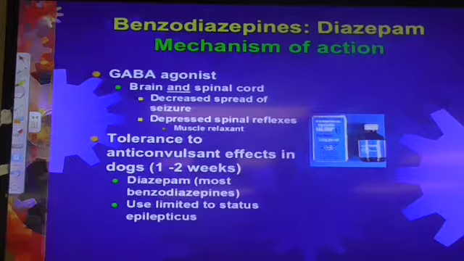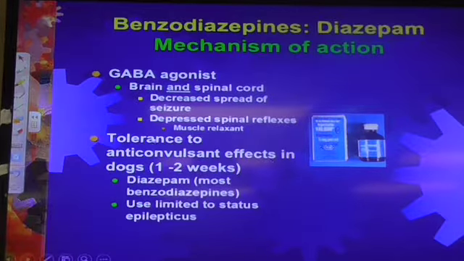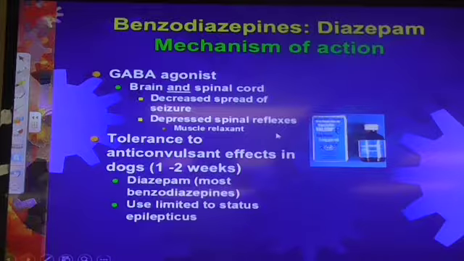Okay. So diazepam joins phenobarbital as far as targeting GABAergic receptors. This is both in the brain and the spinal cord. And one of the neat things about diazepam, and one of the reasons that we should use benzodiazepines in general to treat status, is right here: depressed spinal reflexes. So while diazepam is not particularly good at inhibiting the focus and the initiation, it does decrease the spread of seizures, and because it's in the spinal cord, it also acts as a muscle relaxant.